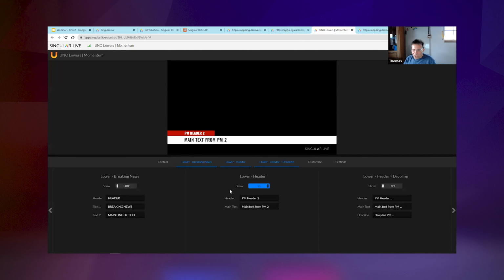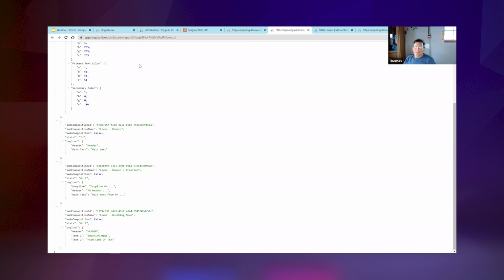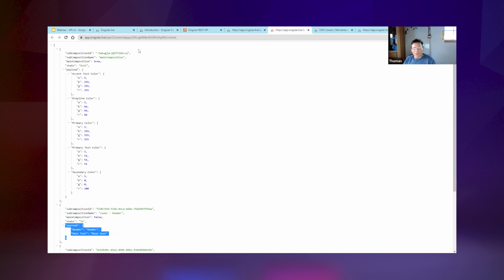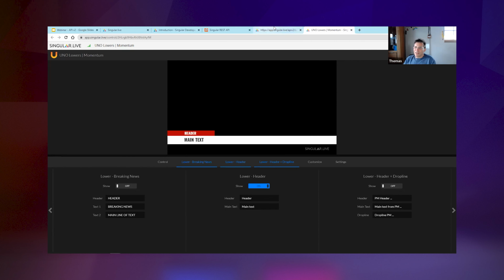When I change that, let's say I just name it header, and then this also header or main text. There we go, so it's updating here. And when I go back and send the request again, we have the new content right here in the payload. So that's the requests and the response bodies from the API version 2, which we think is a lot easier than